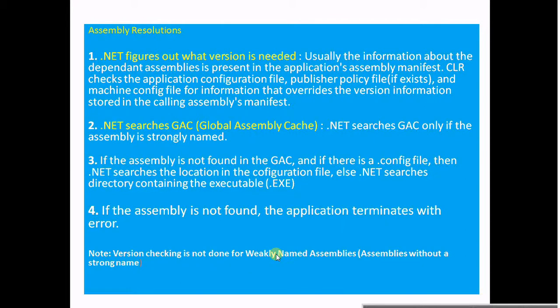It means the CLR is going to search and fetch the assembly and use it for the console application. And if there is no other config file, it quickly checks the same folder to see whether any assembly is located with the same version and the same public key, and then it will happily run. If not found, there will be an exception.